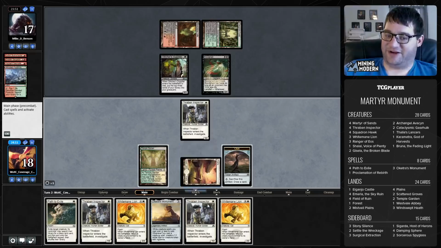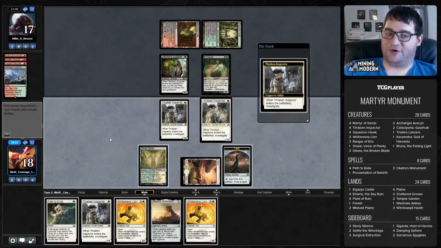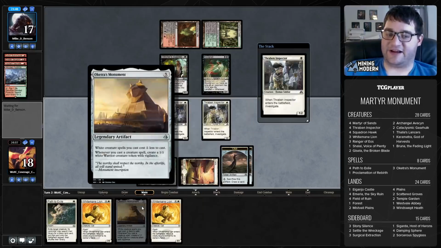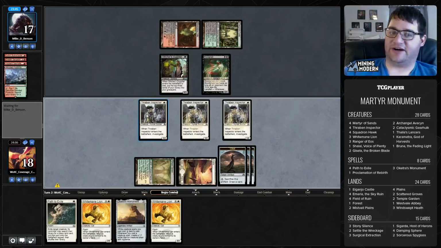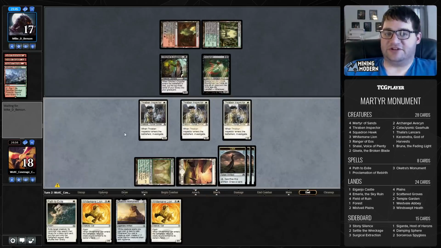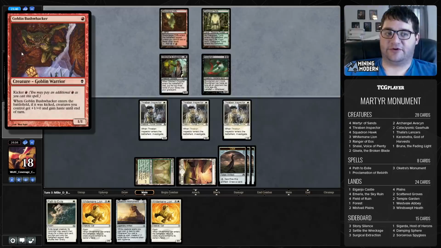I guess I'm just going to play all these Thraben Inspectors. The important thing with Oketra's Monument, by the way, of course, is that it only reduces the colorless cost of your creature spells, not the colored cost. I guess I'll just block. My opponent probably should just suicide his Stitcher's Supplier to get more creatures in the graveyard, but